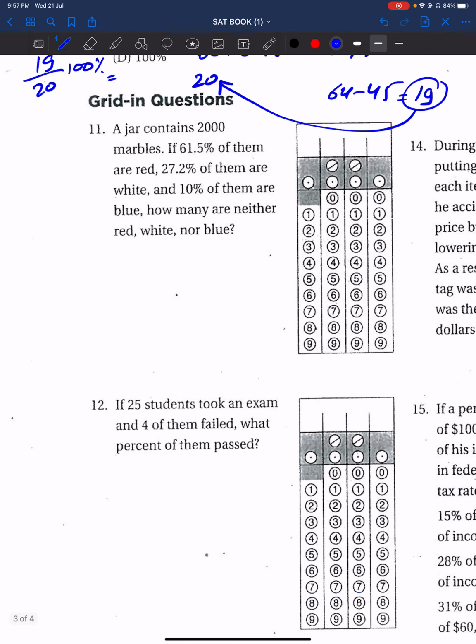Number 11. A jar contains 2000 marbles. If 61.5% of them are red, 27.2% of them are white, and 10% of them are blue, how many are neither red, white, nor blue? So remember that the percentages should add to 100. So we're left with an x value plus 61.5 plus 27.2 plus 10, and this should give me 100. Accordingly, we can calculate x, which is equal to